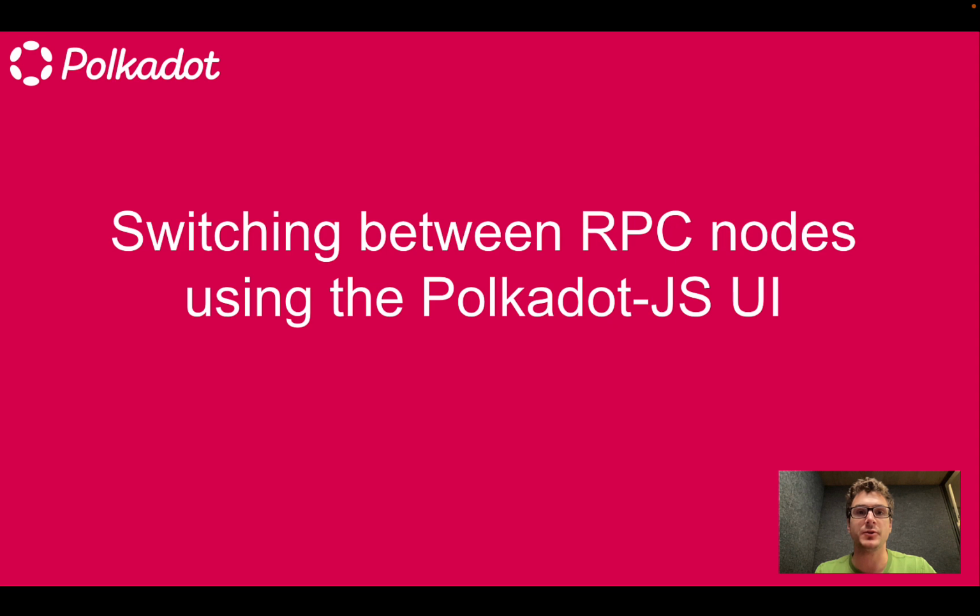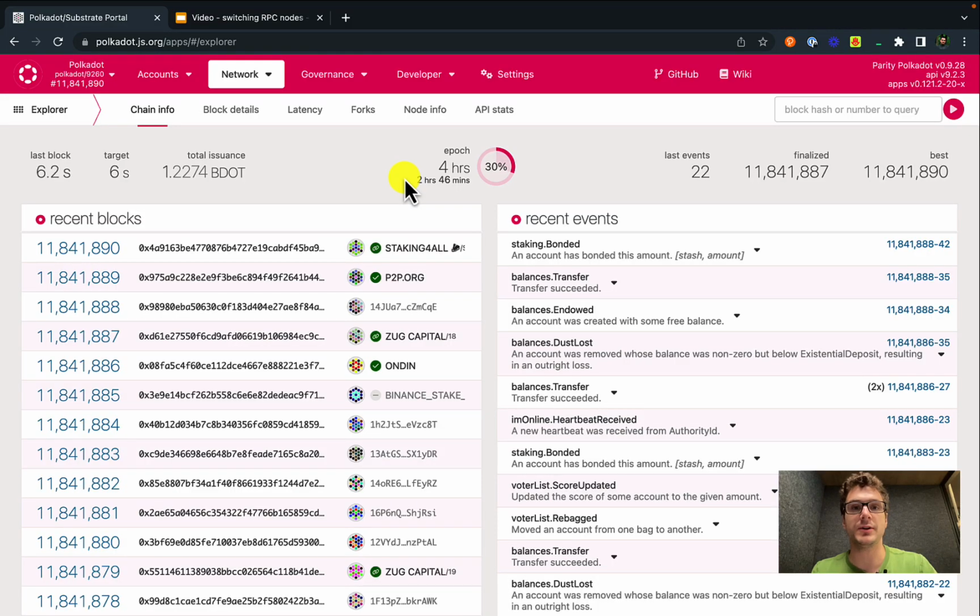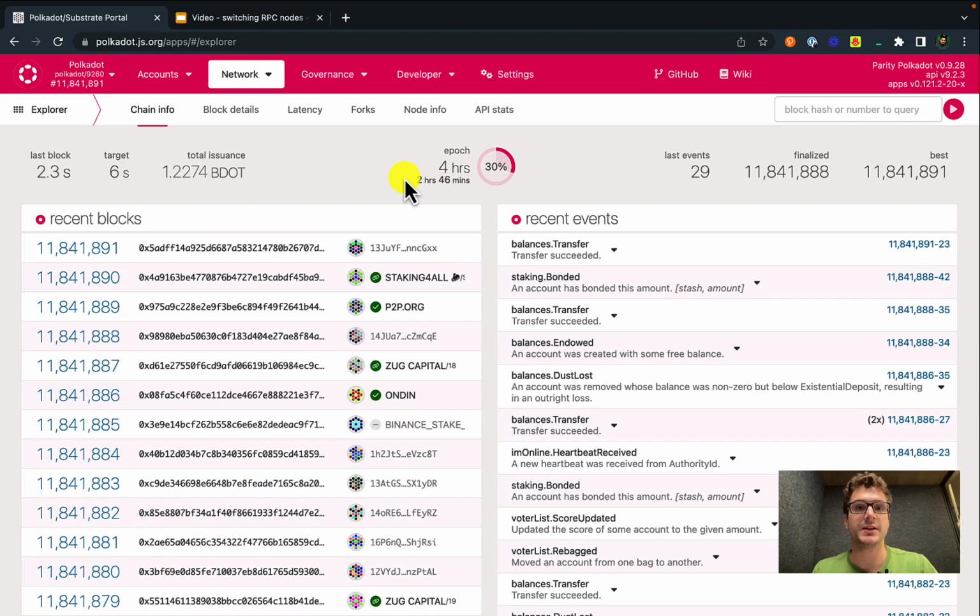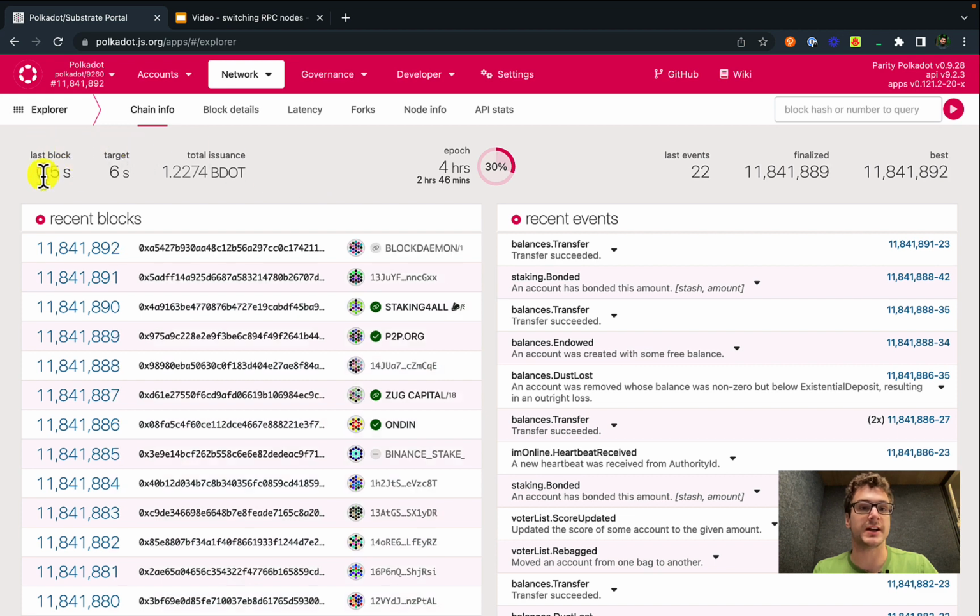In this tutorial, you will learn how to switch between different RPC nodes using the Polkadot-JS user interface. This is the Polkadot-JS user interface and it displays data of the Polkadot blockchain. We can see data such as block time, the total amount of DOT tokens in circulation, and a progress bar